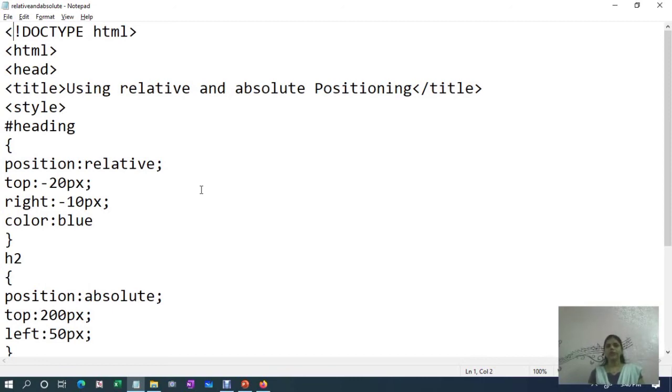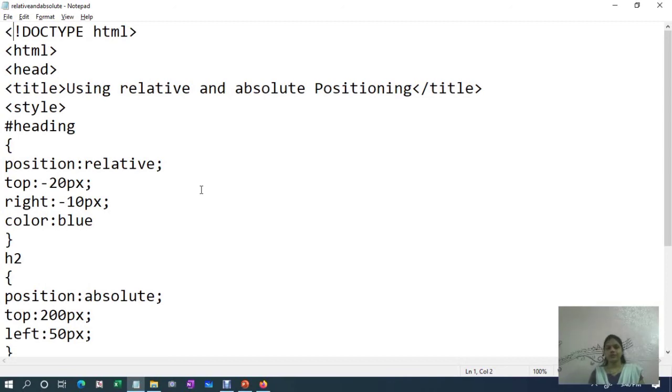Third type of positioning is the relative positioning, and in relative positioning your element will get positioned on your screen based on the normal position of that element. It also uses top, left, bottom and right properties for positioning the element. And the last type is the absolute positioning.